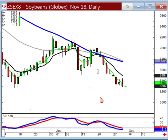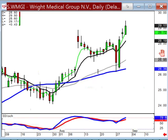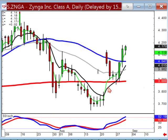Now, here's a few that came up in the chat room. There's your big bullish engulfing signal off the 50, fry pan bottom, doji sandwich. More than likely, there's more upside on this one, WMGI. Now, one of the benefits of our chat room is because everybody's looking for the same signals and patterns, they're going to find things